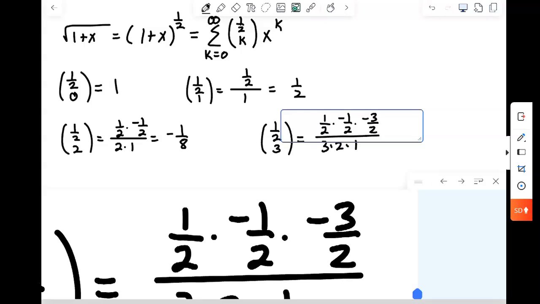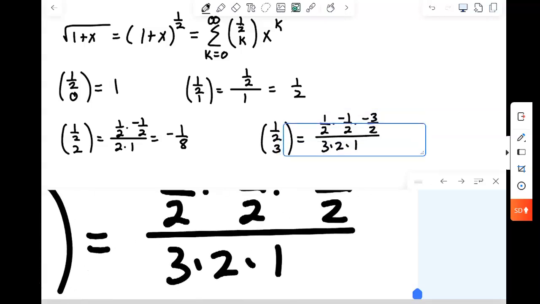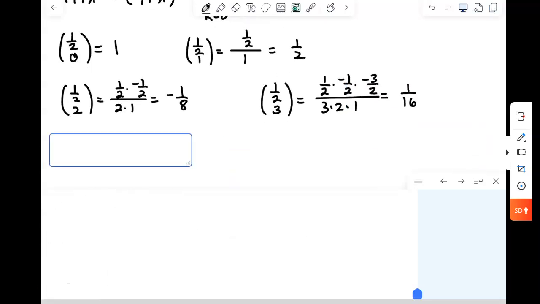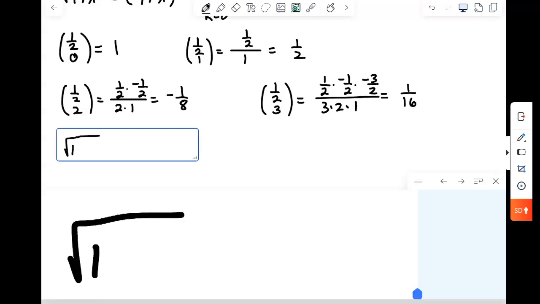On top, that'll simplify to be negative 3 over 8, and then that's all being divided by 6. What will happen is the 3 on top will cancel with the 3 in the 6 and leave you with another 2 on the bottom. So in the end, we're going to get a positive 1/16. So our approximate polynomial now would be that the square root of 1 plus x is approximately